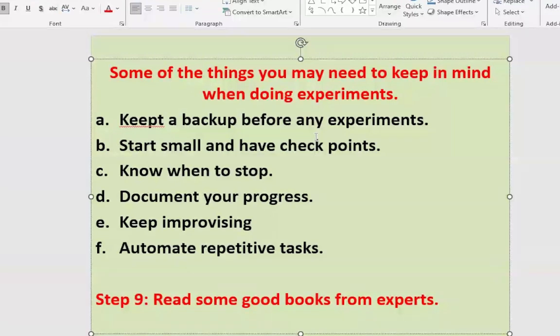And second, you must have encryption and decryption knowledge. Next, start small and have checkpoints. What are checkpoints? Suppose you are going from Kolkata to another state, there are so many checkpoints. Police will check whether you are an authentic person or a bad person who is not authorized to enter the city. So there are so many documents they check, maybe your driving license, maybe your ID card, right? I think you are getting the idea.